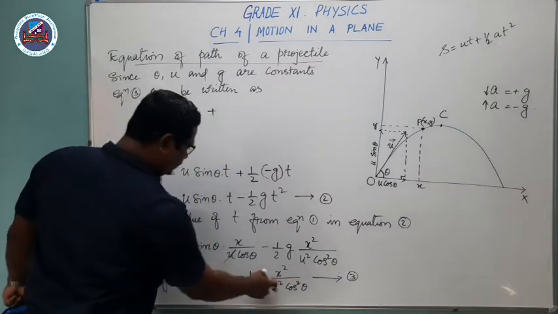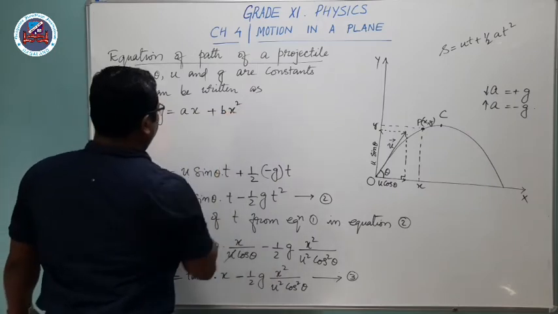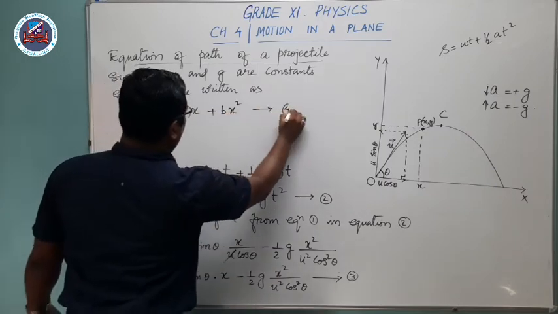All the constant terms, you take it as b. Then this is x square. That is equation number 4,